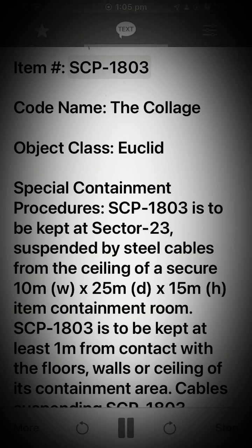Item: SCP-1803. Code name: The Collage. Object Class: Euclid. Special Containment Procedures: